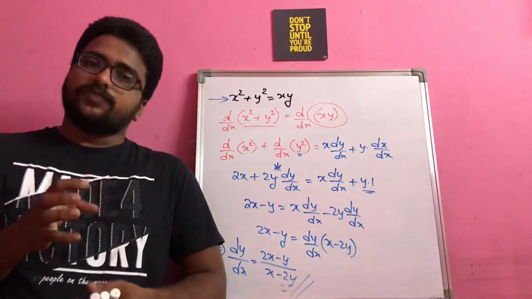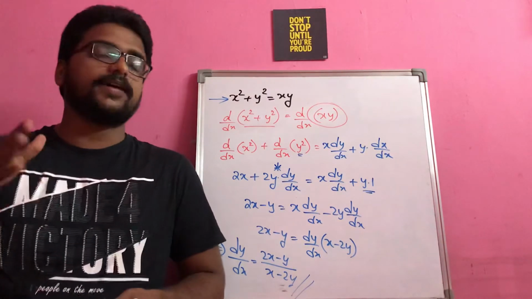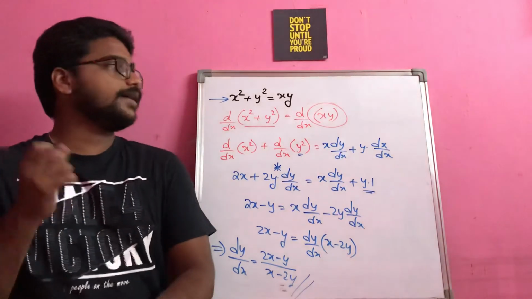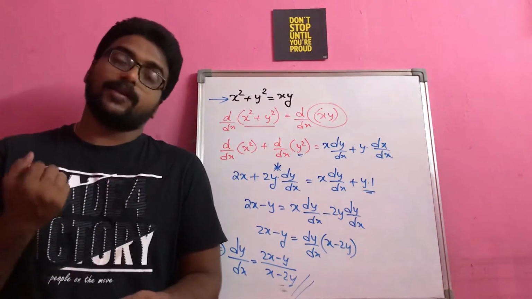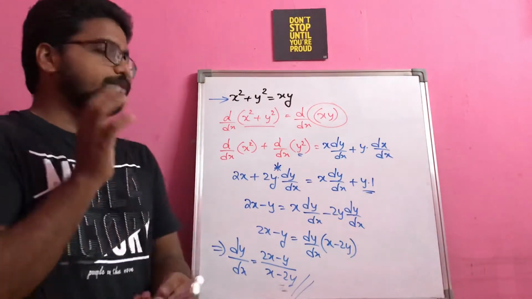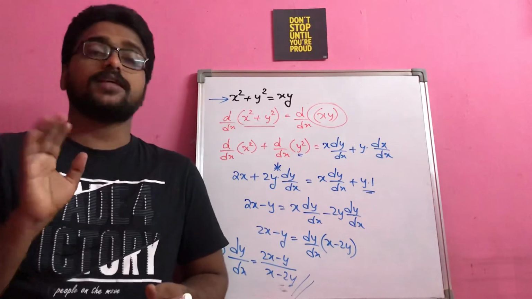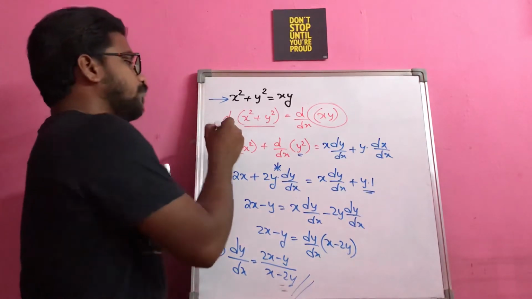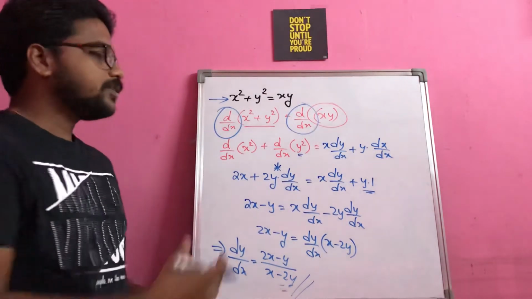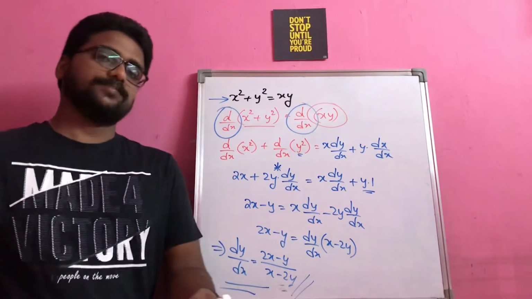if I think that this is an implicit function, how do I have to start it? Do I need to find the value of y in terms of x? If you think in this way, you will make it more complicated. So you just have to think of our agenda. You have to find out dy by dx. For that, what you have to do? You have to apply differentiation with respect to x. Like this, you have to get the answers for implicit functions, right?